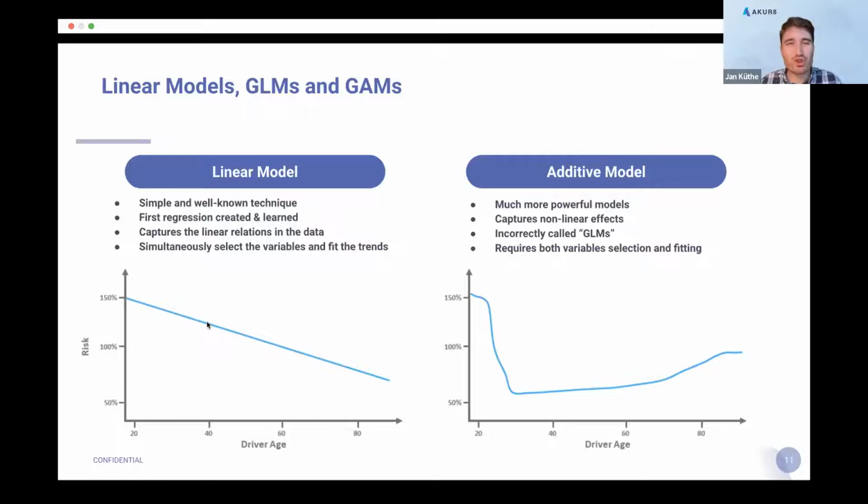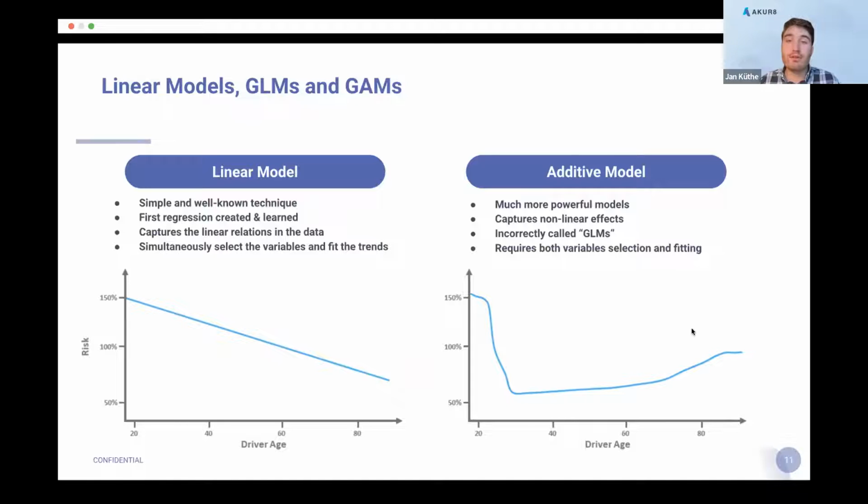However, in insurance applications, you typically don't have this nice linearity, but highly non-linear dependencies, as you can see here on the right-hand side, where the risk associated to, for example, this feature here, the driver age, does not really behave in a linear way.